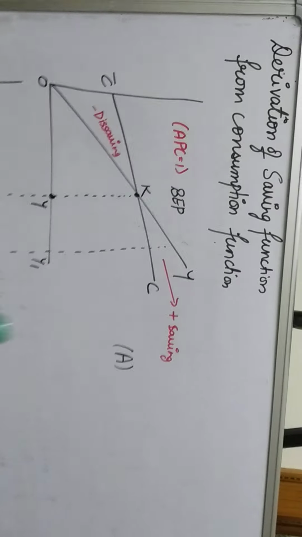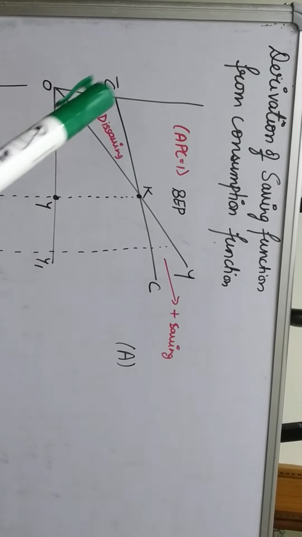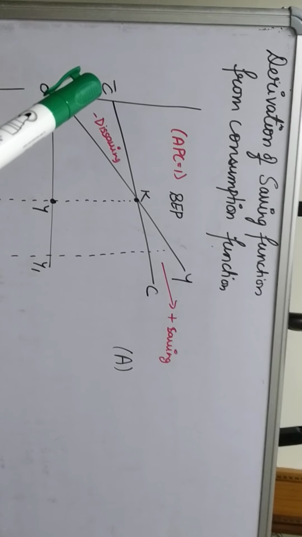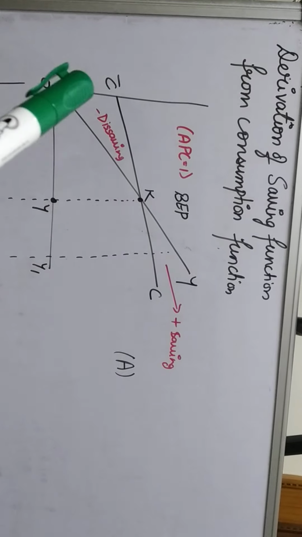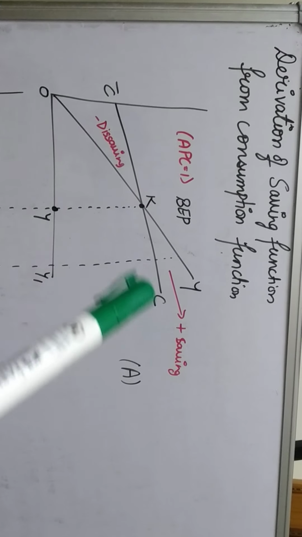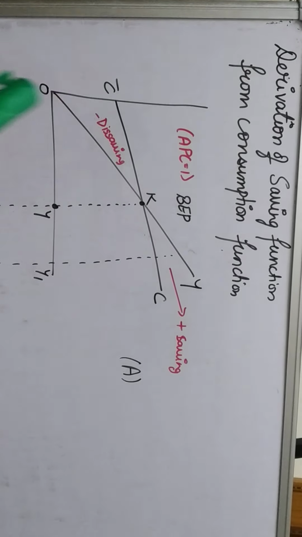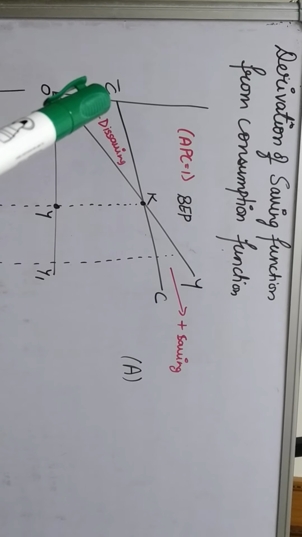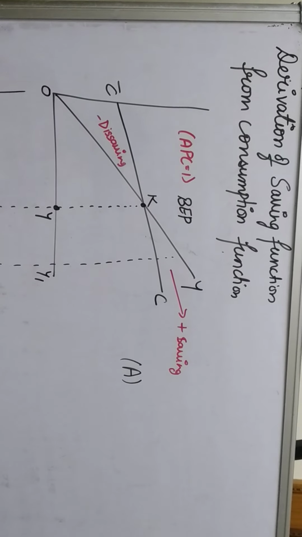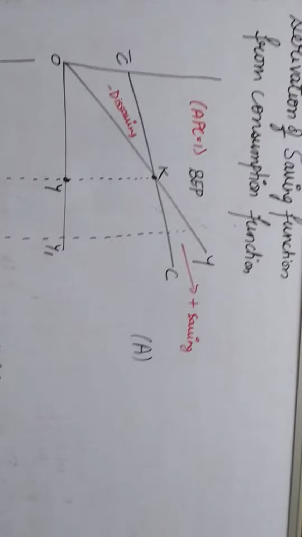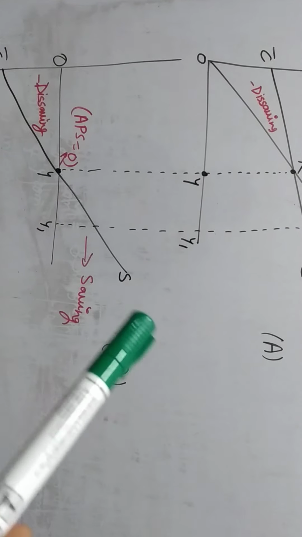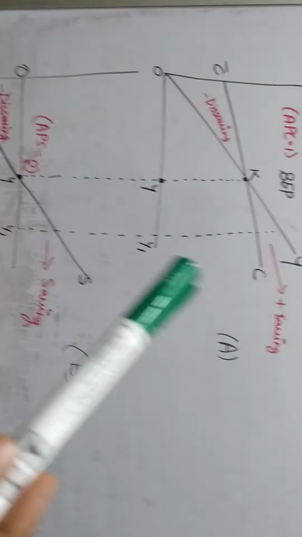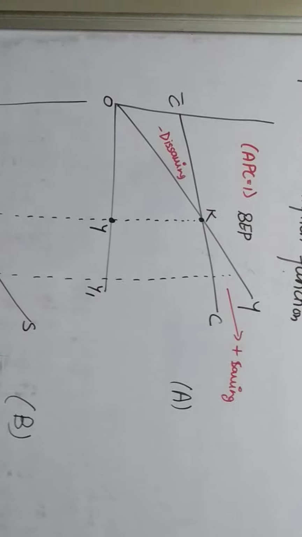First of all see, when income is 0, some level of consumption is there, that is your autonomous consumption. This Y curve is your income level, this C curve is your consumption curve, right? This consumption curve always starts from above the origin, that means from here, because autonomous consumption always exists in the economy just for survival. And in the second part you can see this one is your saving curve, but the saving curve we will derive from the consumption function.